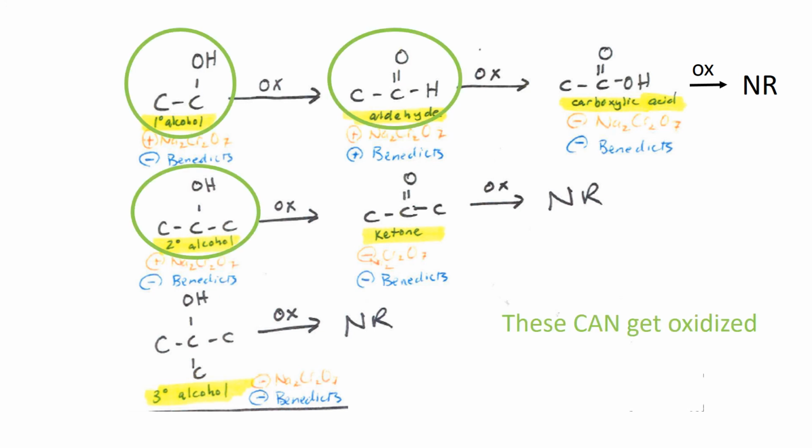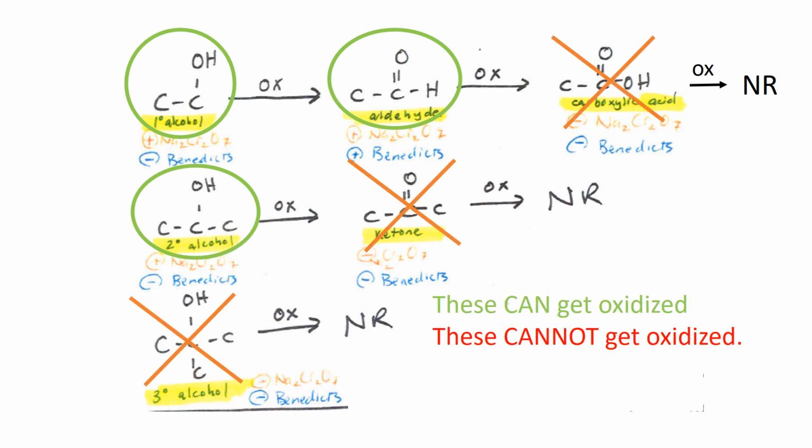If I try to summarize this, I have done that on this slide, helping you identify what actually of these functional groups can get oxidized. Primary alcohol can, aldehyde can, or secondary alcohol can. Those can get oxidized. The others cannot. Carboxylic acid we saw is NR, no reaction. Same with ketone, same with tertiary alcohols. The ones I've crossed out in red cannot get oxidized. I'm pointing this out because our final piece in this video is to try to make sense of the strong and weak oxidizing agents that I mentioned at the beginning.